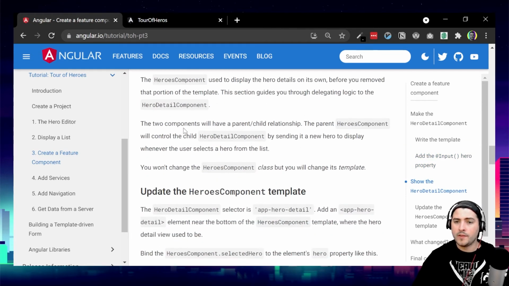So the two components will have a parent-child relationship. The parent heroes component will control the child hero detail component by sending it a new hero to display whenever the user selects a hero from the list. You won't change the heroes